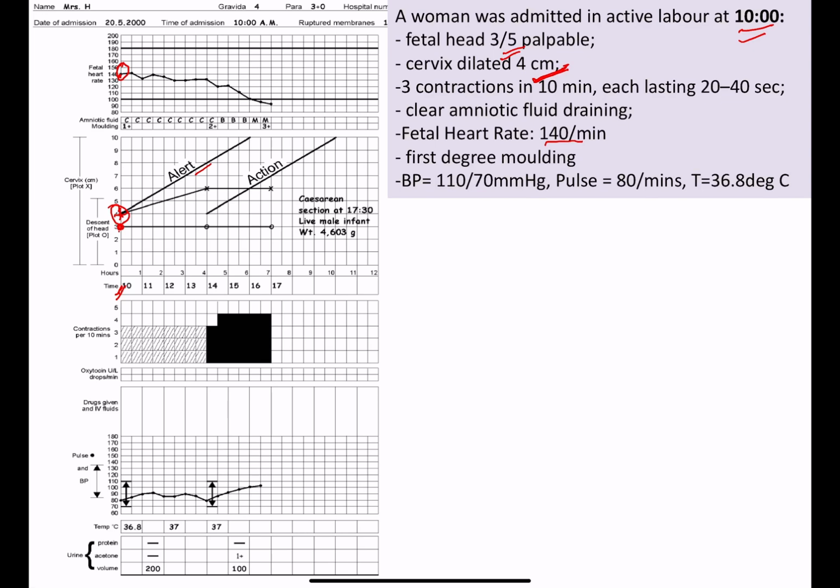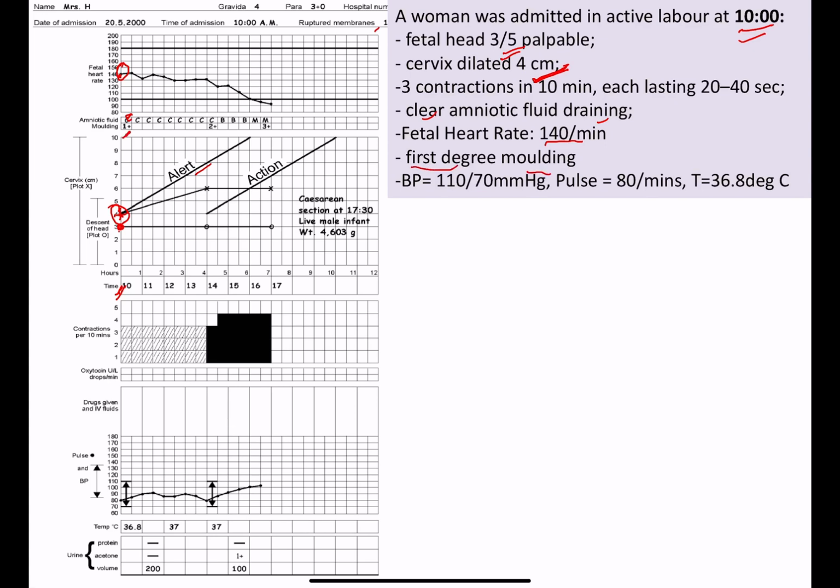And you can see the amniotic fluid color was clear, so it has been mentioned as C over here. We don't have any information that it was ruptured after she came to the hospital. We don't have any information in the Partograph, so it might be she ruptured it before she came to the hospital, right? And we have first degree molding of the fetal skull,